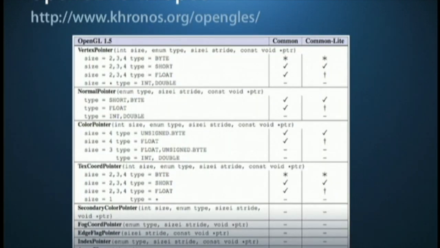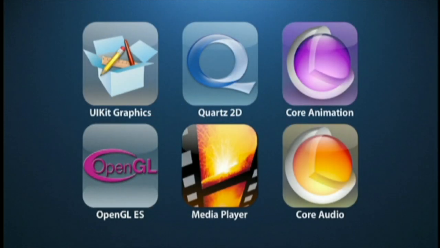So for the precise comparison of OpenGL ES to desktop OpenGL, just visit the Khronos website. The spec is there, and it lists every function, every parameter, every enum, and tells you whether or not it's available in OpenGL ES. So check it out. It's at khronos.org/opengles. All right, so that was a quick look at OpenGL ES, and next up is the Media Player